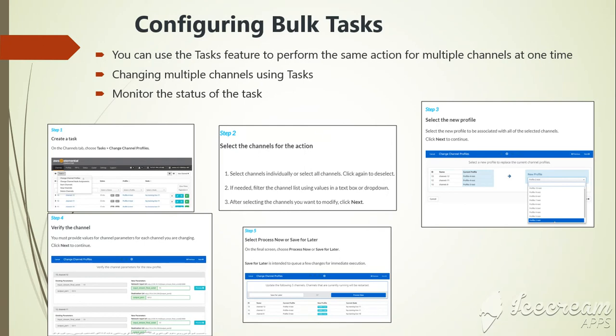It means the bulk task. If you have a set of channels, the bulk task will help you to manage all of these channels together. You can apply one change, imagine you're changing your video quality in one channel. If you want